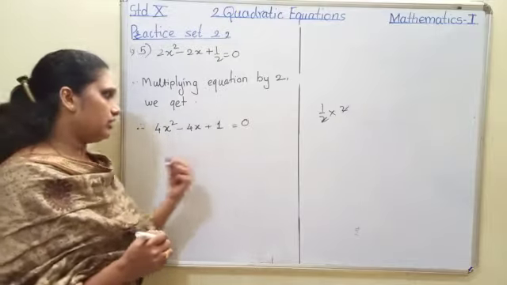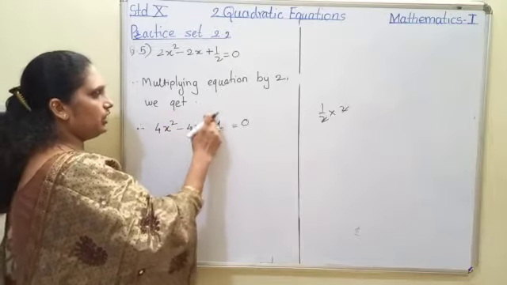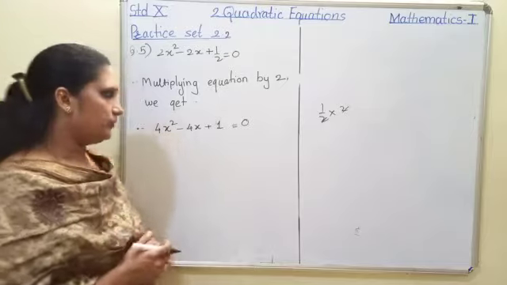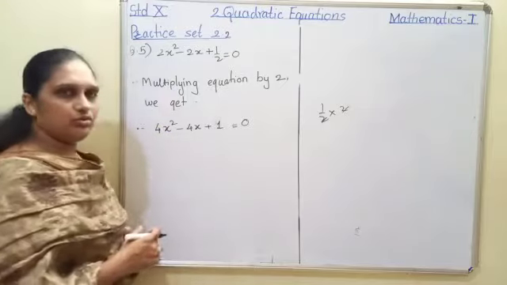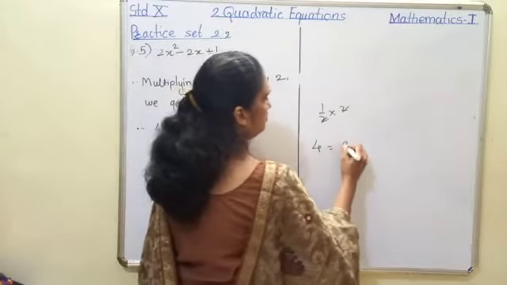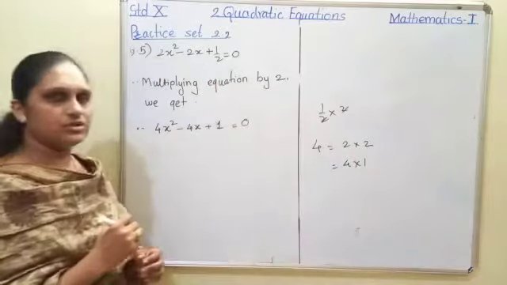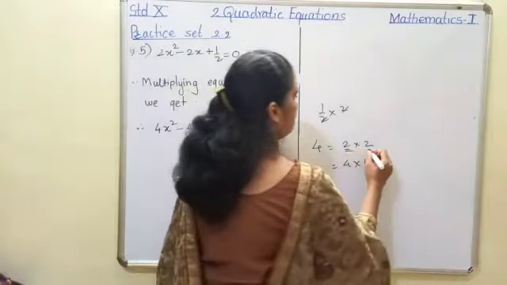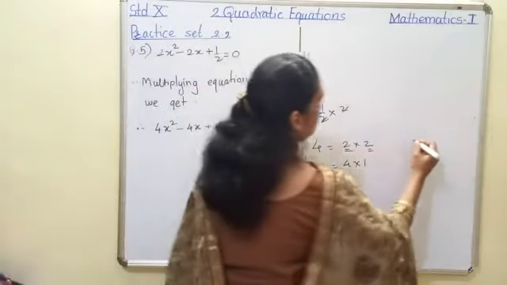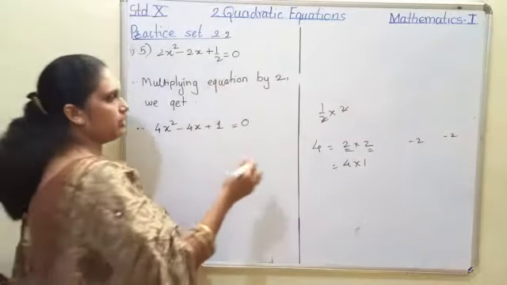The first term is having a coefficient, so we'll multiply it to the last. That is 4 into 1 is 4. So we have to find the factors of 4. Now the middle term is 4. So what are the factors? See, 4's factors are 2 into 2 and 4 into 1. So where is the difference or sum 4? By adding this. But the middle number is negative, so we have to give both the smaller numbers a negative sign. So once we got the factors, these are the factors.